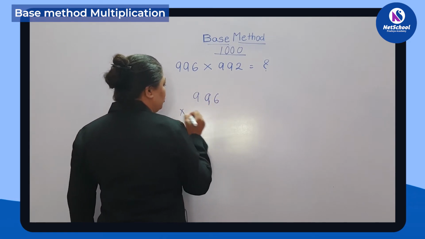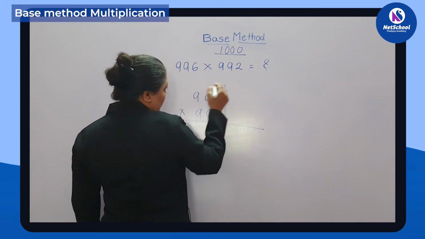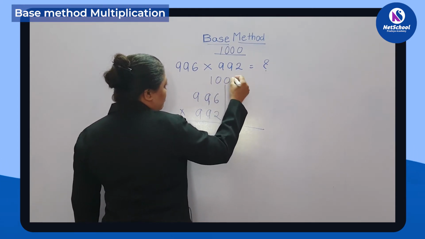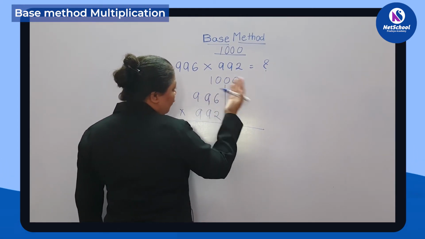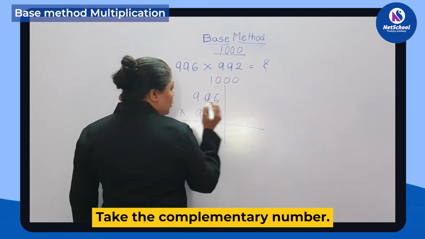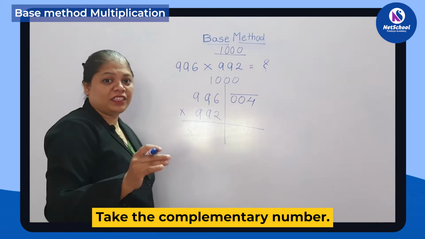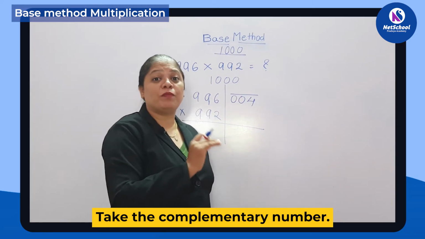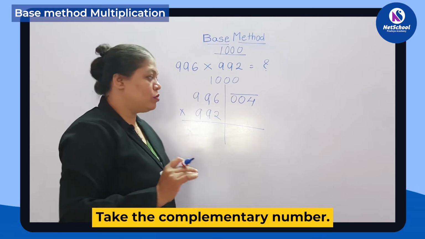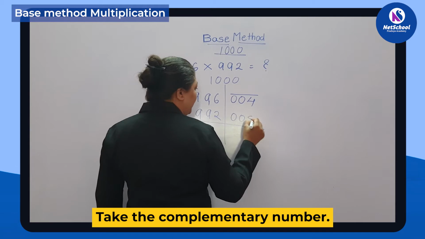996 into 992, with the base of 1000, we can write here the bases. The very simple method is the complement method. You can apply the complementary method which we have already studied in some of the previous videos. And for 992, it is